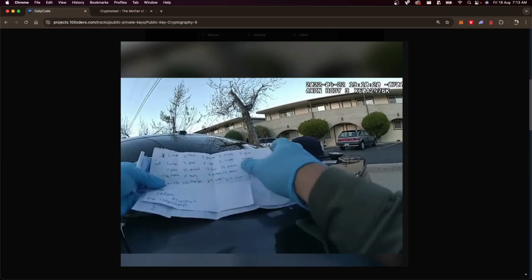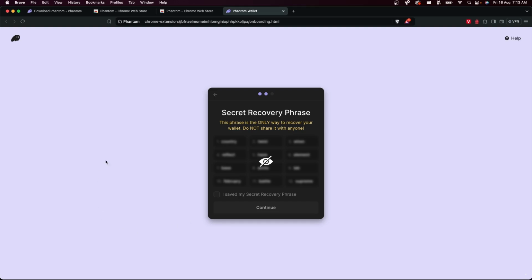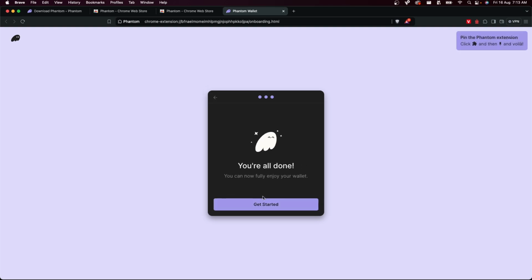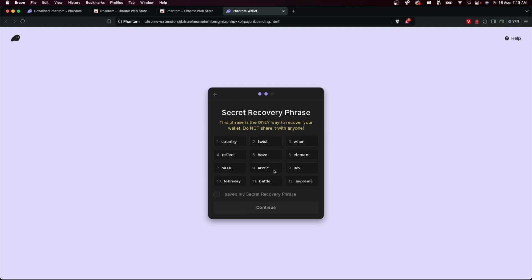But this hacker, or whoever this criminal was, also created a wallet like this and put all of their funds over there. Now you're all done. You have that seed phrase. Hopefully you have kept it safe. If you don't keep it safe, let me take a screenshot of this. If you don't keep it safe, then your money is lost